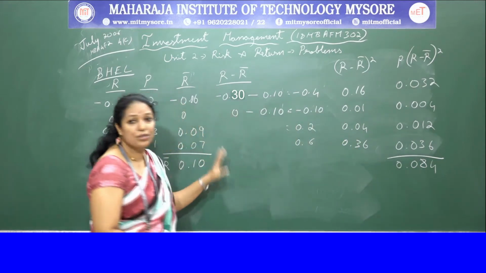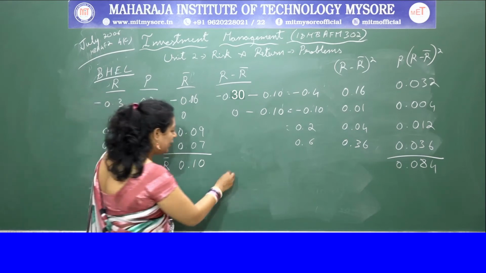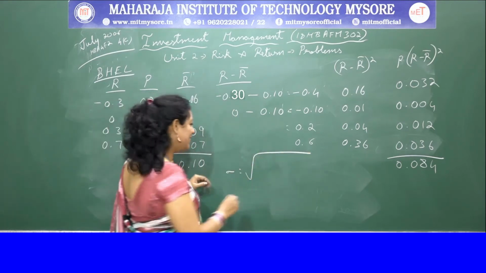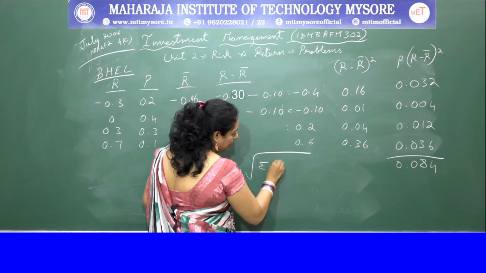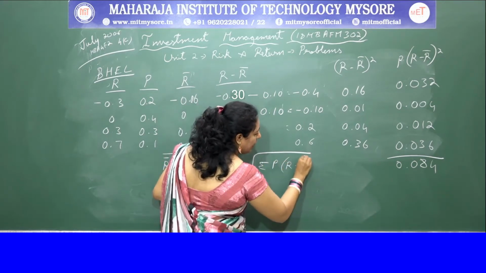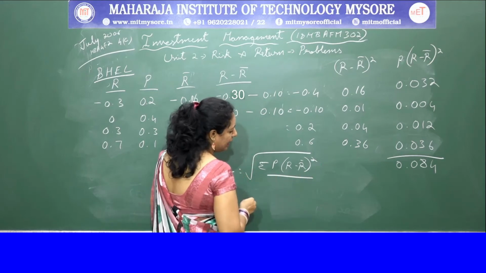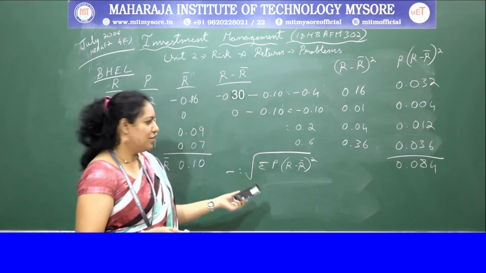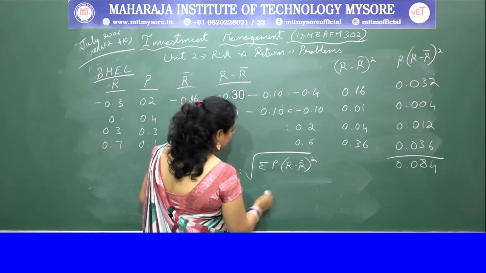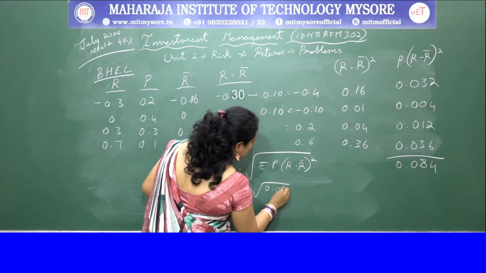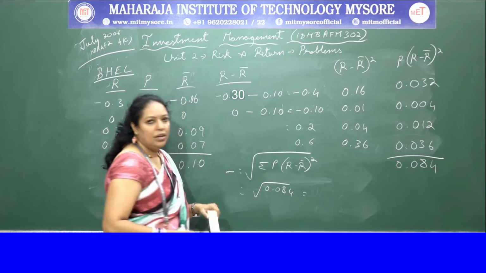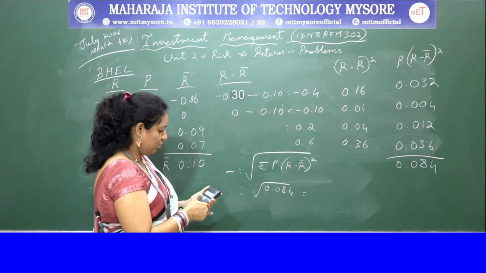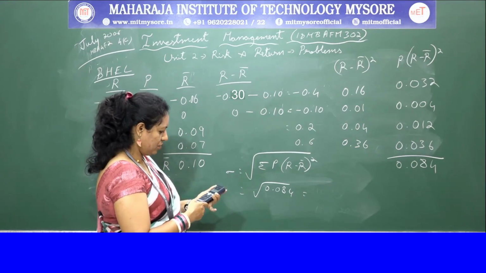Okay, and once you do that, we know our regular standard deviation formula. Here you can observe that there is a difference again. Sigma p into R minus R bar square. I told you, since this is a discrete series problem, there will be no dividing, so it will just multiply the probability. Here the answer is ready. So root of 0.084. The root of this we are going to calculate, and root of 0.084, you get